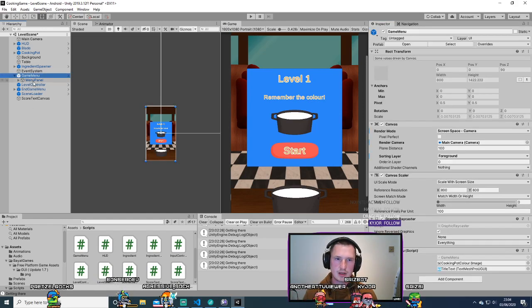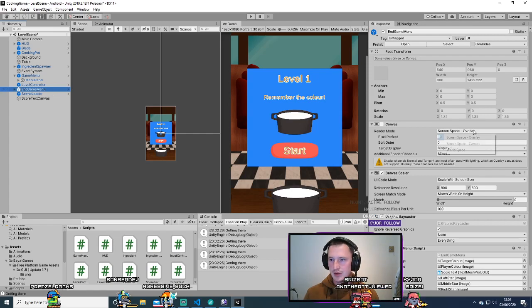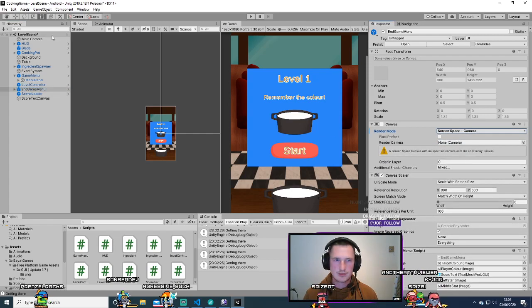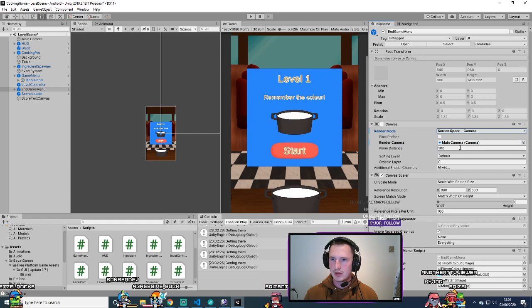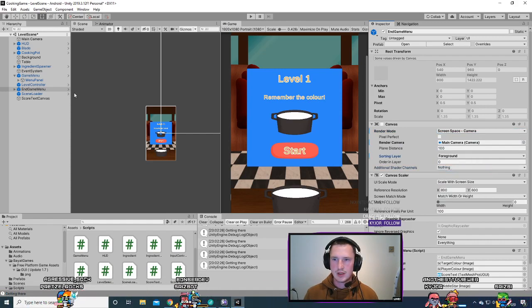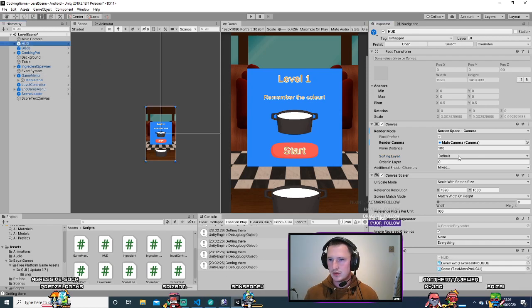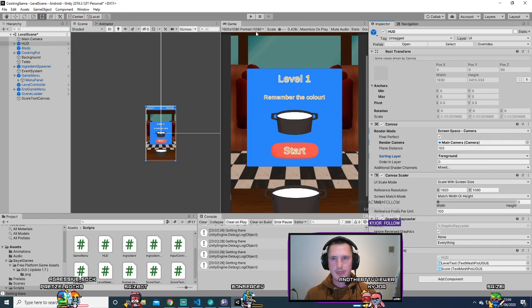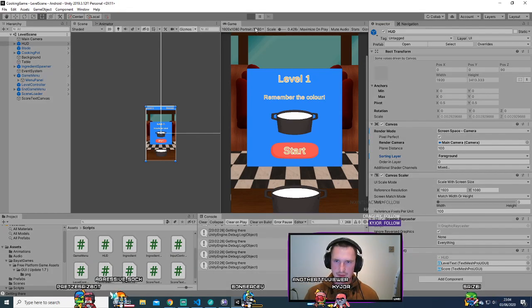So that's that. In-game menu, same again. Main camera. It's got to be do nothing. Foreground. What was the HUD? Sorting layer. Foreground. And I think so. Now, if we play,